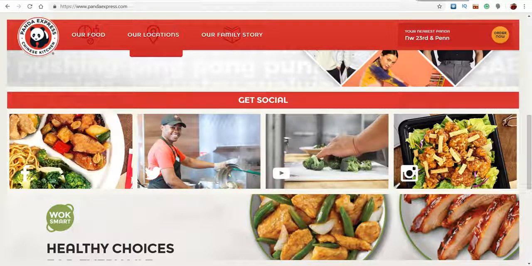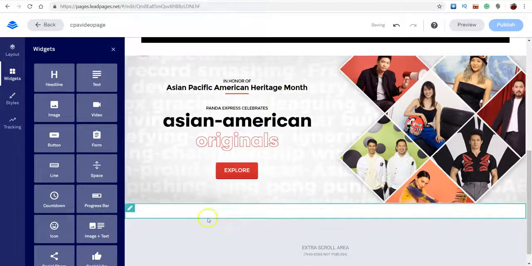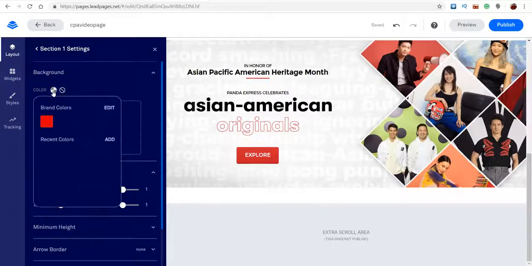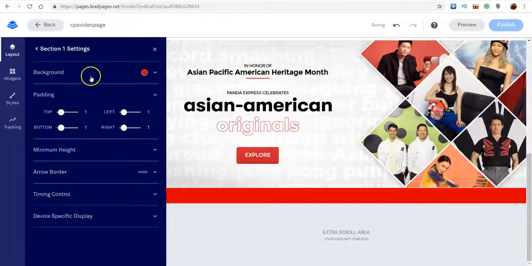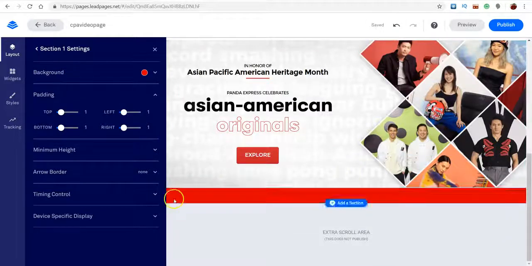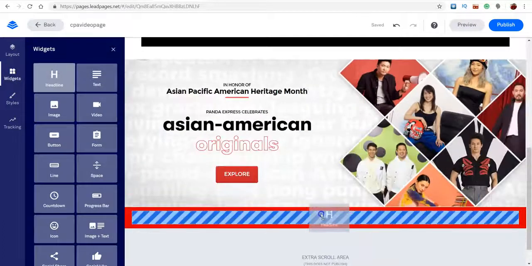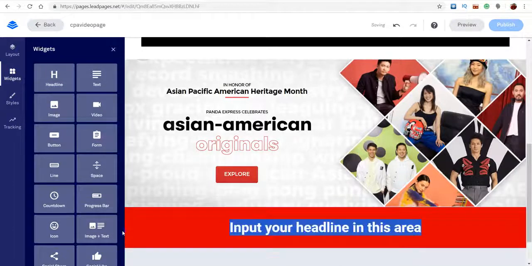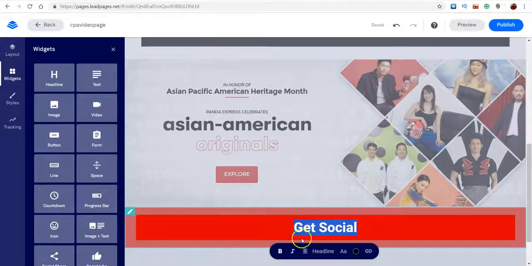When they have the Get Social, for this particular thing here, what you could do is just add a section, and it says Get Social. So you add a section, click on it, and change the color to red, right? Now the color probably doesn't match because it's a little bright. You can darken that if you want to, but I'm not going to do it right now. Then you come back over here to widgets, click on headline, and put Get Social,